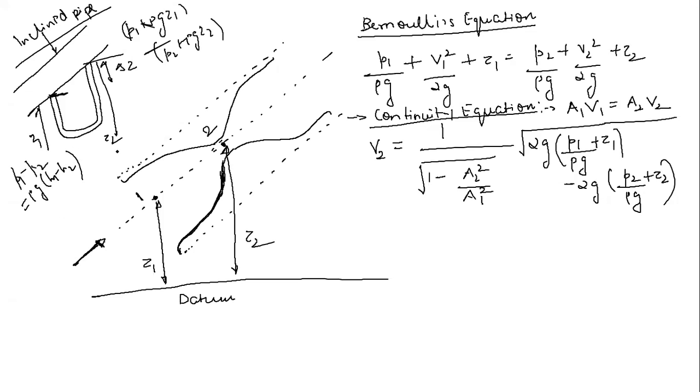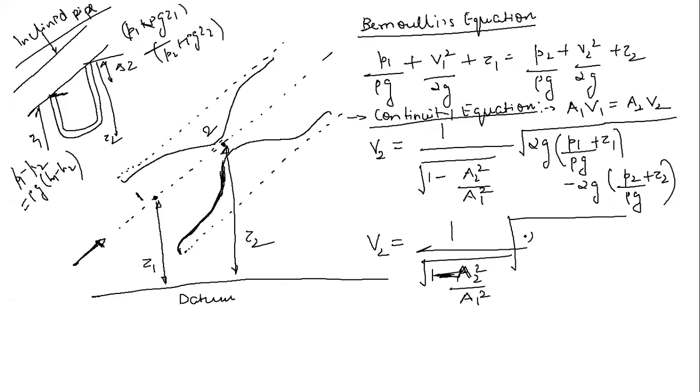Generally, we can give this equation as 1 by square root of 1 minus A2 square divided by A1 square, times root of 2G (H1 star minus H2 star). So what is this H1 star, H2 star? They are known as